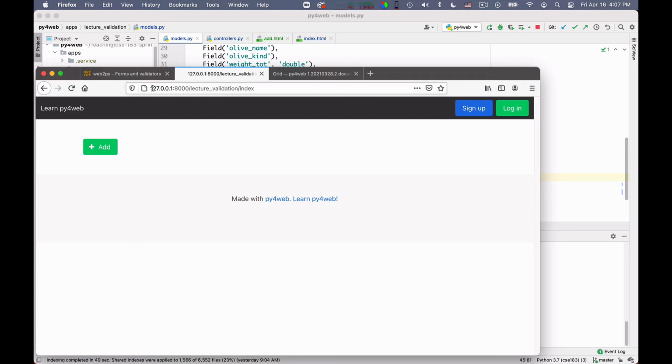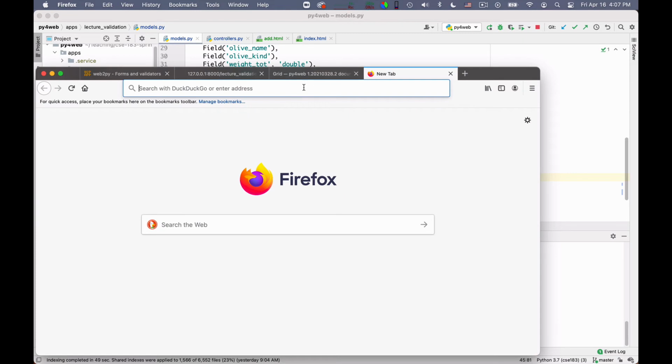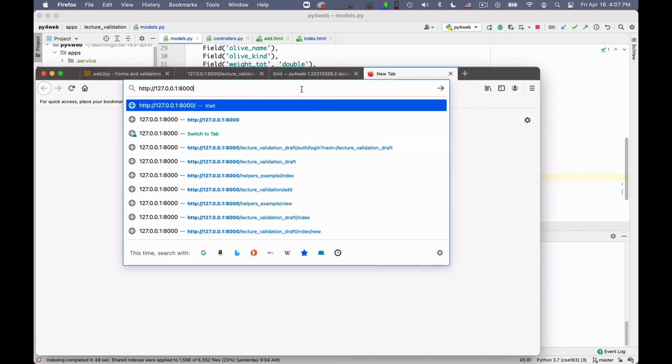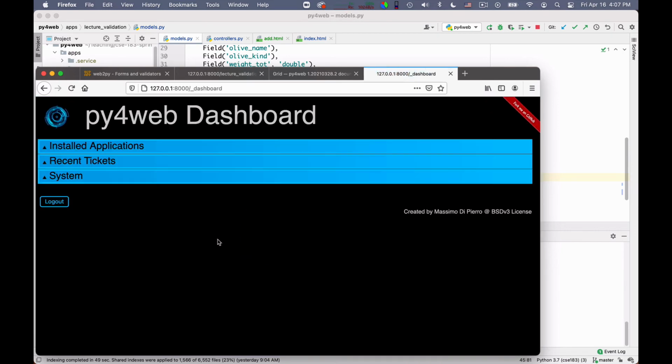Okay, so if we go to the dashboard of the app, here I can look up at the dashboard.